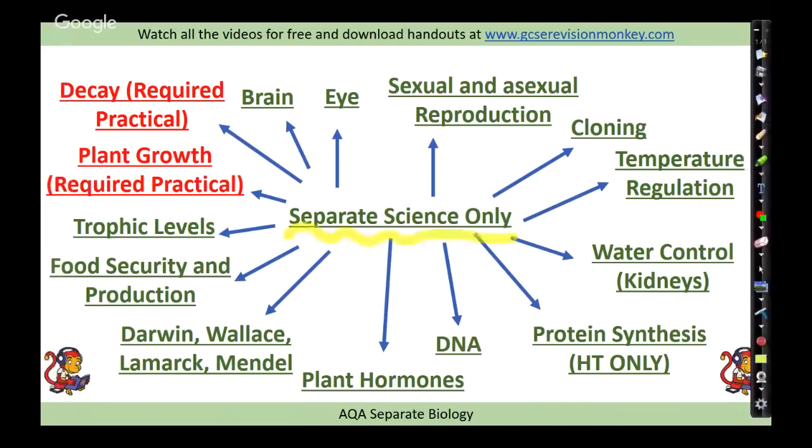So in paper 1, there's only a few additional bits that you could kind of guarantee were going to come up for separate scientists. But in this case, we've got the brain, the eye, sexual and asexual reproduction, cloning, temperature regulation, water control, protein synthesis, DNA, plant hormones, work on famous scientists, food security and production, and trophic